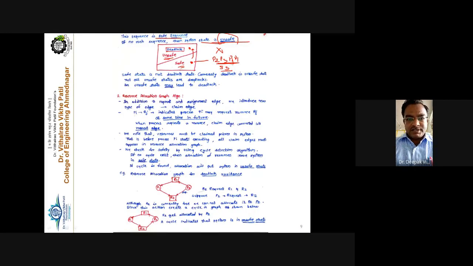And see carefully, when the system moves toward the unsafe state, there is a chance that the system may move toward the deadlock state. The probability of being in the deadlock state increases when it is in the unsafe state. Getting my point or not? If the system state is here, there is no chance, because you are executing the safe sequence of the process execution. The system is completely safe, no chance to go toward the deadlock state.